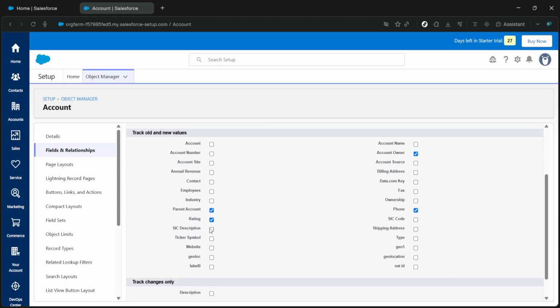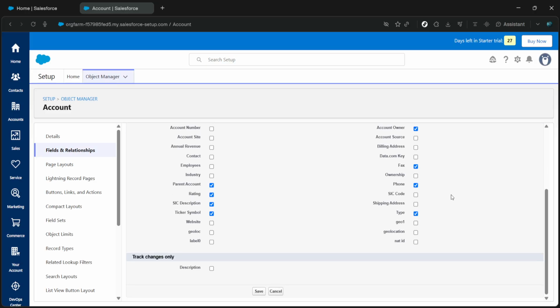Upon clicking Set History Tracking, you'll have the ability to select specific fields that you want to monitor. It's pretty straightforward. Just mark the checkboxes next to the fields you want to track. For instance, if you want to track changes made to the account name or email, make sure to select those